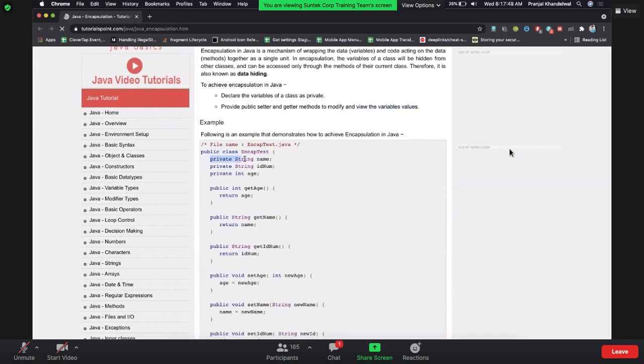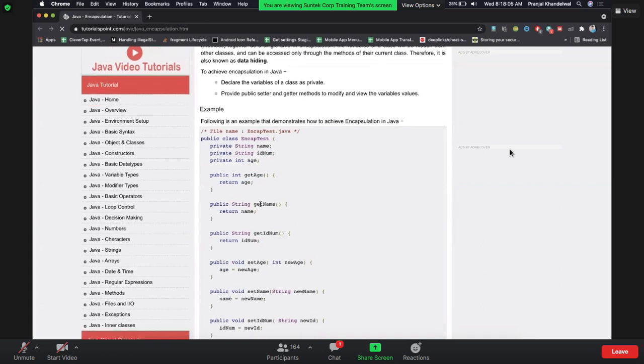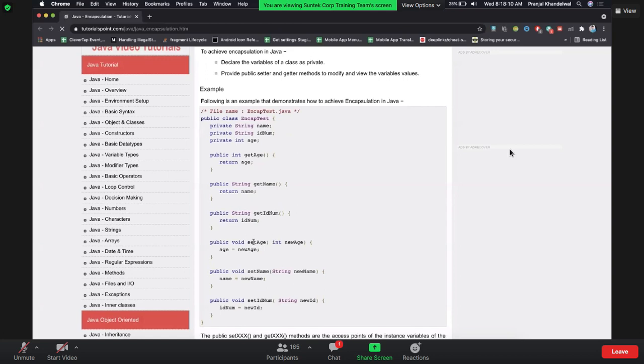We have three variables: string name, string id, and age. Public int getAge will return the age. Similarly getAge, getName, getId, and to set the values I'm using setAge.